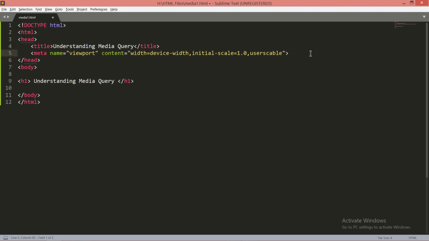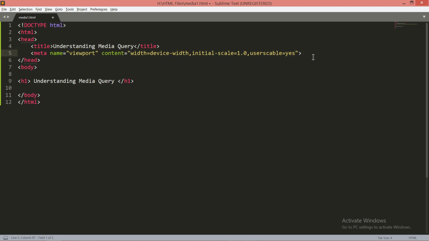If you put no over here, what does it mean? It means you cannot zoom that particular web page. Your web page will open like an application, like an Android app. You can see you cannot zoom the page of an app. If you don't want your web page to get zoomed, just use the property user-scalable equals no, and nobody will be able to zoom that page. If you put yes, then you can easily zoom that page also. This is your requirement, whether you want to set user-scalable as yes or no.